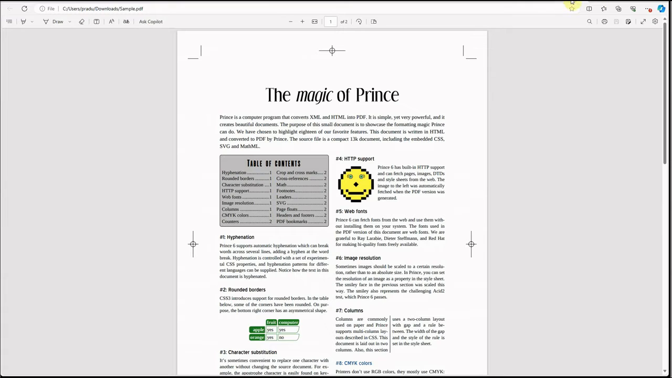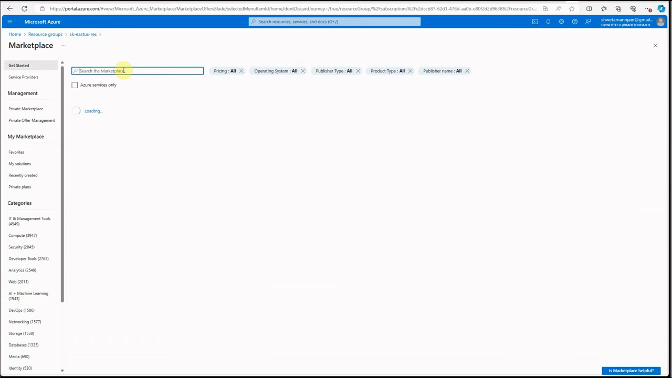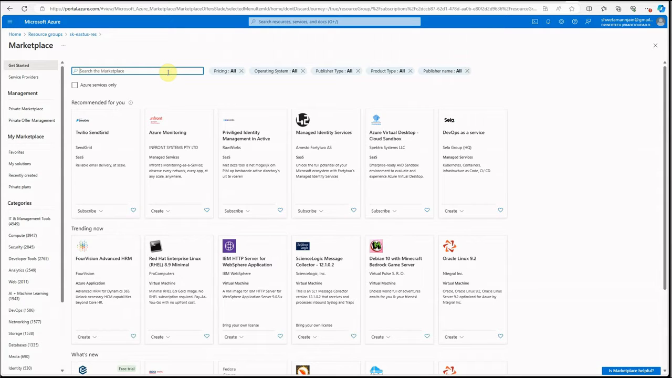Okay, having said that, I am on my Azure portal, and first of all what you need to do is create a resource group. In my case I have already created one in East US, so I'm not going to recreate it. Then as per my steps, the very first thing you need is to go ahead and create an instance of Azure OpenAI. So you can search for